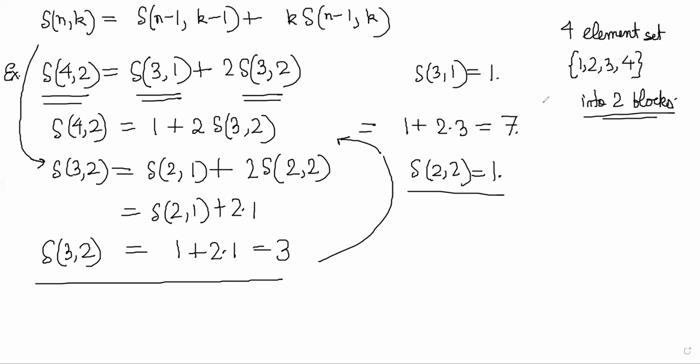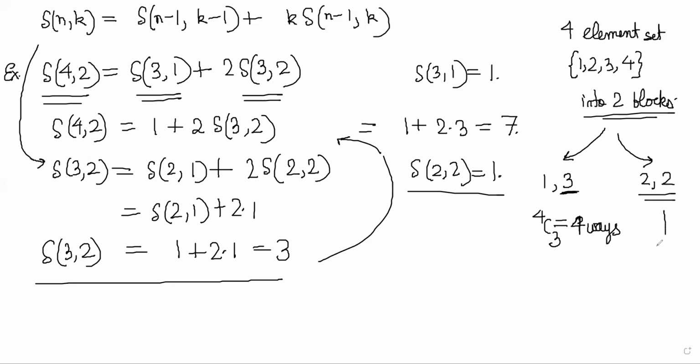So we have taken this example to illustrate the recurrence, how to calculate it, but we can also do it directly. Suppose you have a 4 element set, you want to divide it into two blocks, right? You can have two types of blocks basically. One block of size 1 and the other of size 3, or 2 and 2, right? So the number of ways to do this will be select 3 elements to form this. So it is 4C3, which will become 4 ways,